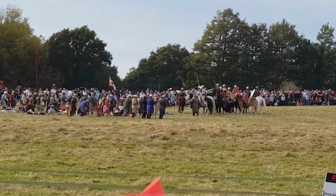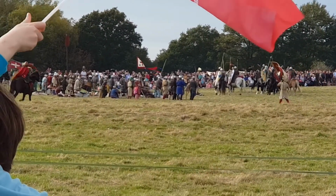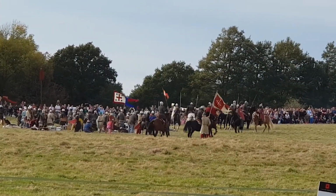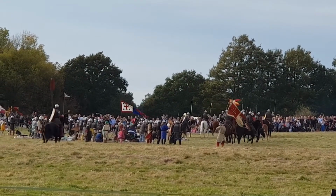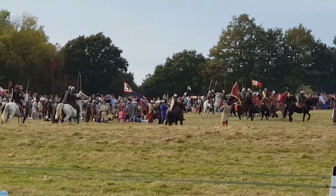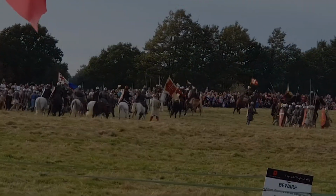It looks like Duke William will now have to lead the rest of his horsemen into action in person to ensure victory. Here he comes! I can see the banner, I can see William with his red cloak and his red helmet. He's leading his troops into battle personally. There's great danger here for Duke William, but...